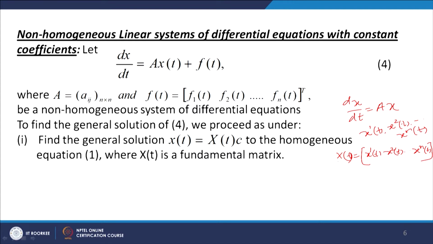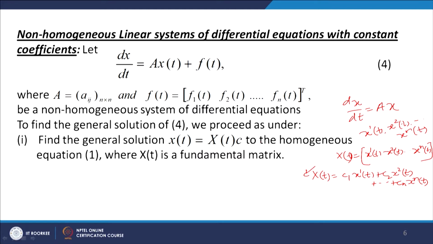So, this is the fundamental matrix, and we then multiply this X(t) by C to get the general solution. So, C into X(t), as we have seen earlier, is nothing but c1 x1(t) plus c2 x2(t) and so on, cn xn(t). So, first we find the n linearly independent solutions of the vector differential equation dx/dt equals Ax, and then write the general solution, c1 x1(t) plus c2 x2(t) and so on, cn xn(t), which in a concise form can be written as X(t) C.